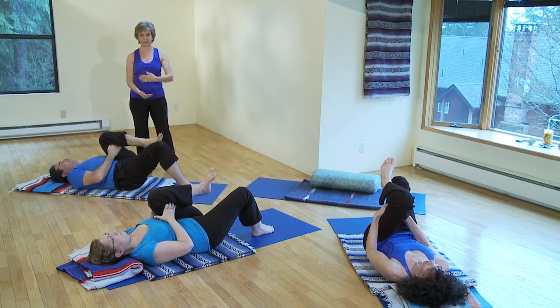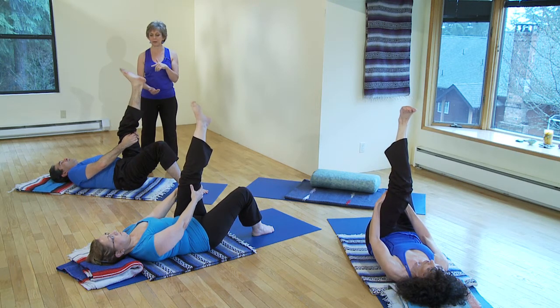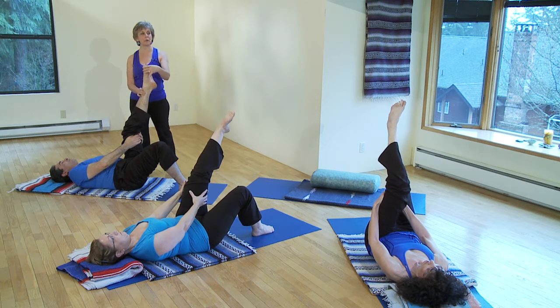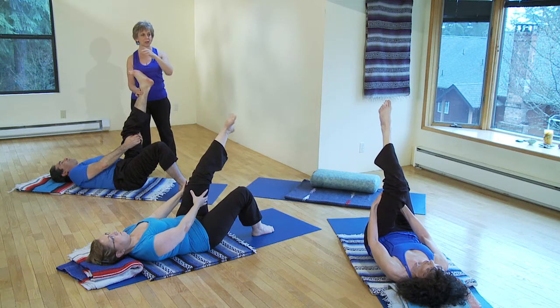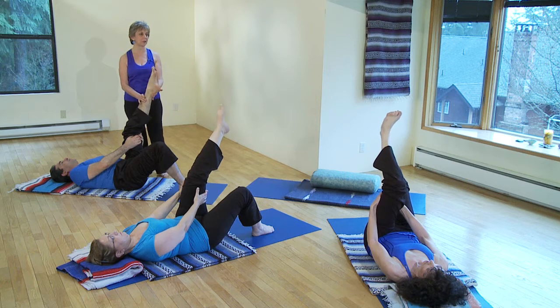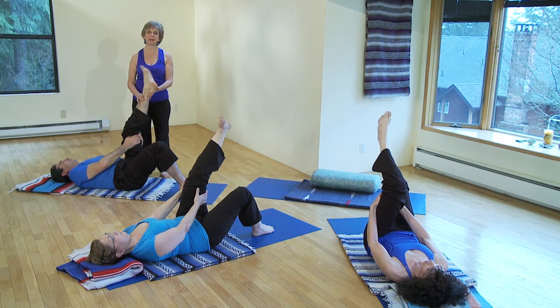And this time we'll extend and hold the position and circle the ankle. Notice how this ankle circles. Noticing the movement, getting as much of a nice round fluid action as you can. Isolating the ankle, both directions, circling fully, stretching through the calf, through the knee, all the way up into the